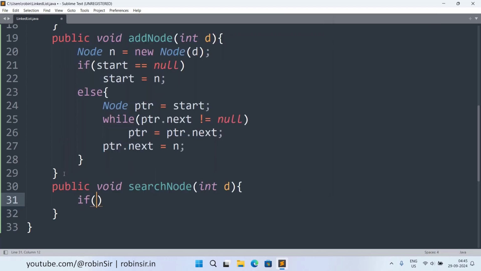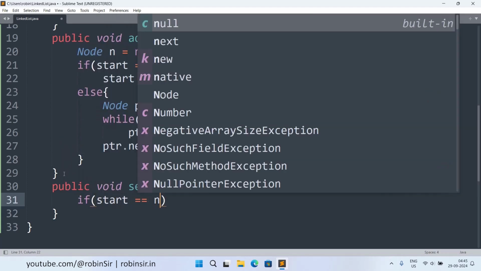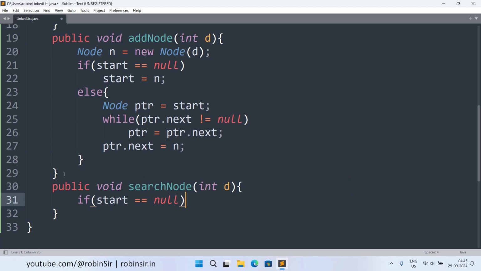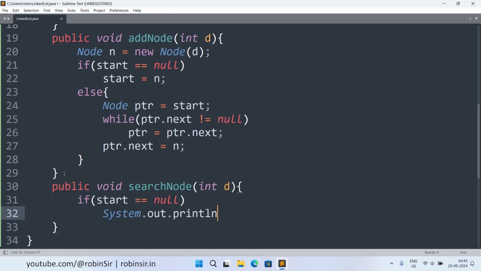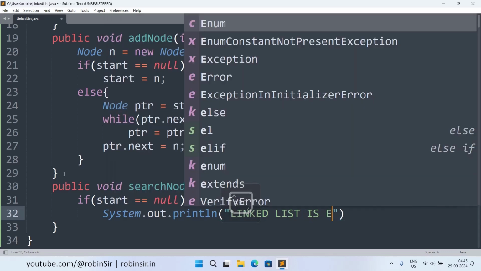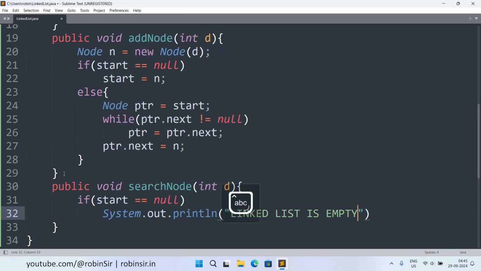And if start is equal to null, then there is nothing to search. Our linked list is empty. So we'll simply print linked list is empty. Else,